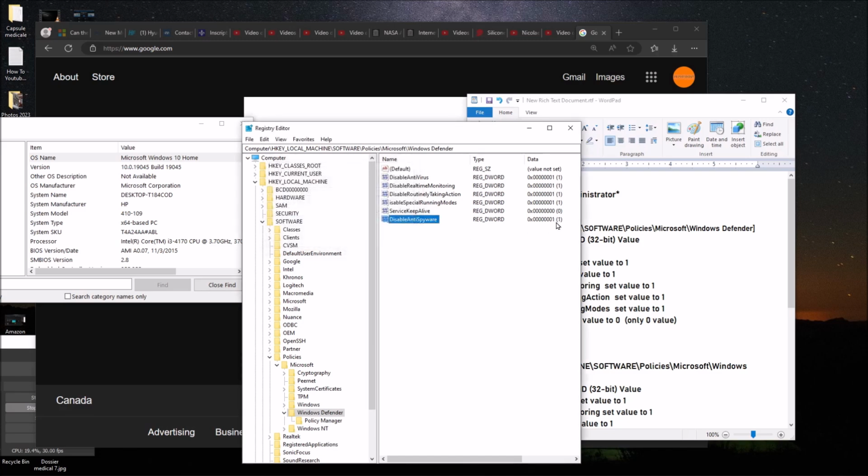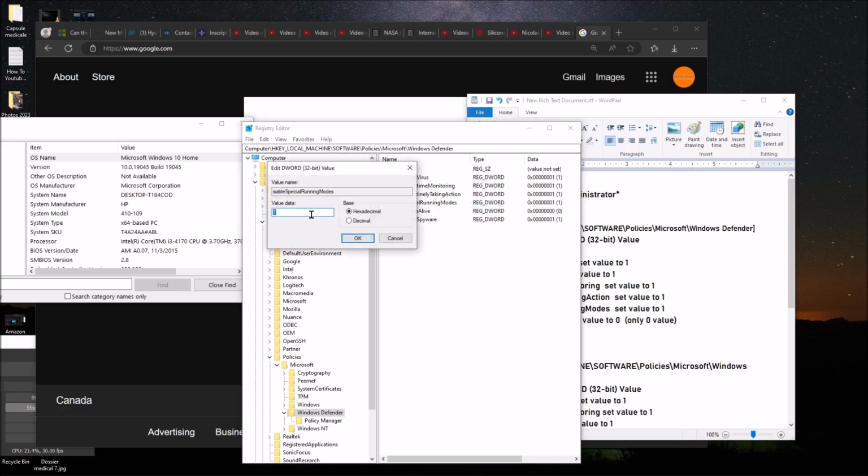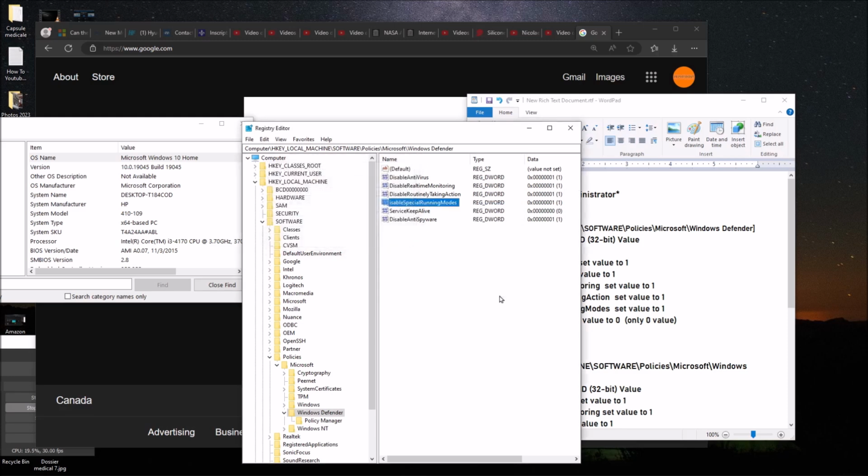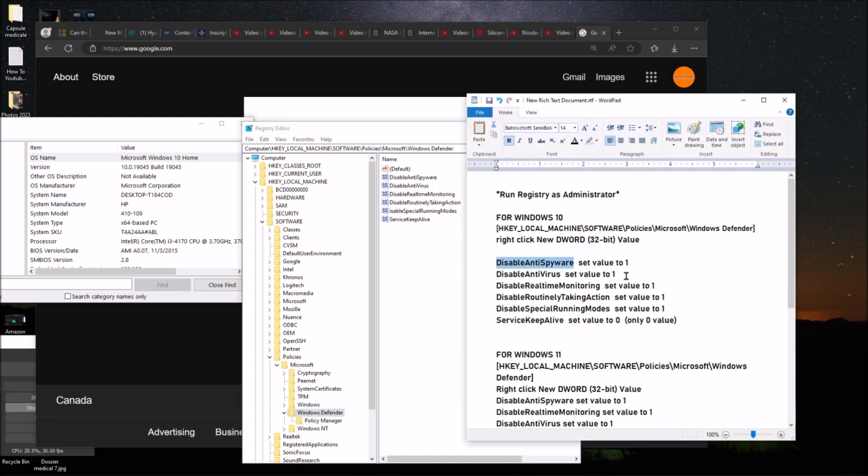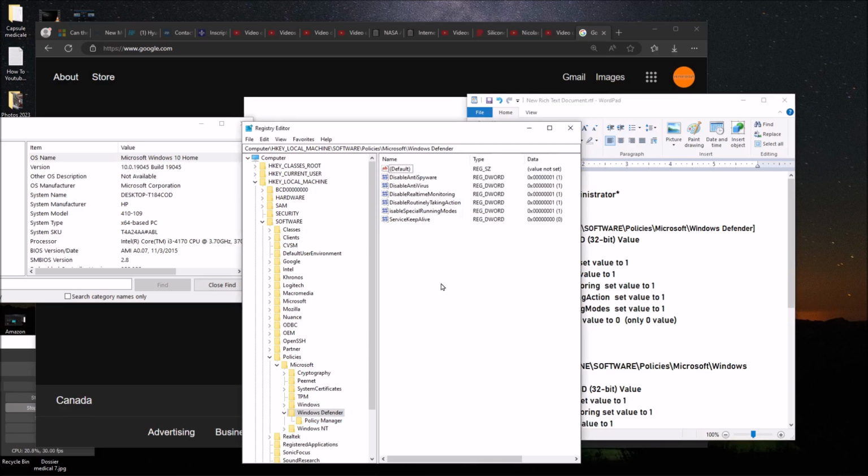Okay. And you notice the value did change here, and you can do the same for all others. Modify and just make sure the value is correct as you see here. If you want, you can put them in order. Just click someplace else and you get them in the same order that I put in the text. When you finish doing this, you must reboot the computer.